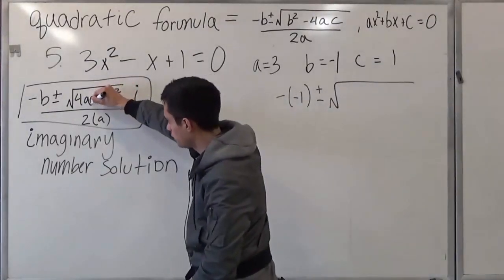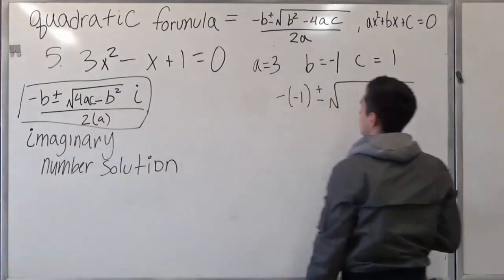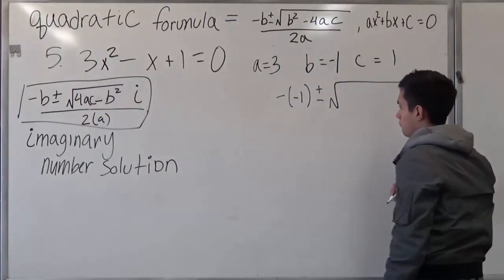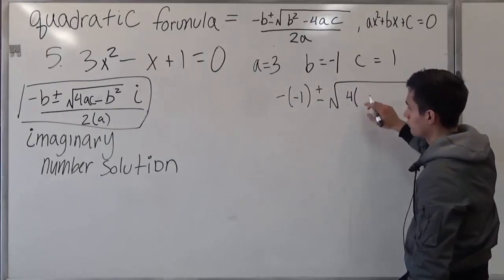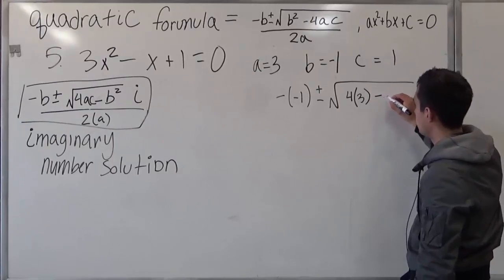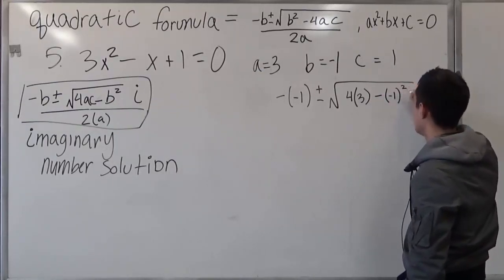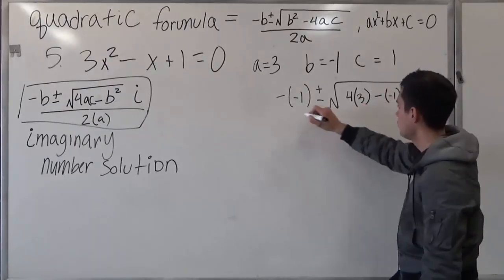I forgot to include the c, so remember, it's 4 times a times c. This is pretty much flipped around, but we're adding an i. So 4 times a, which is 3, minus b squared, so minus 1 squared, times i. i is outside the square root,